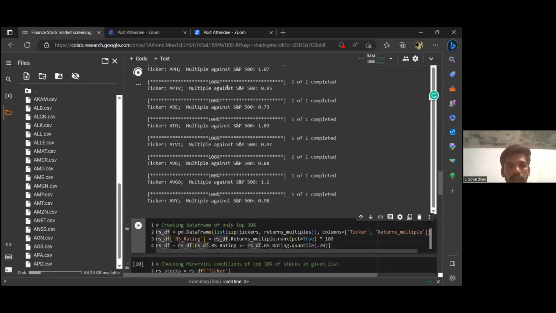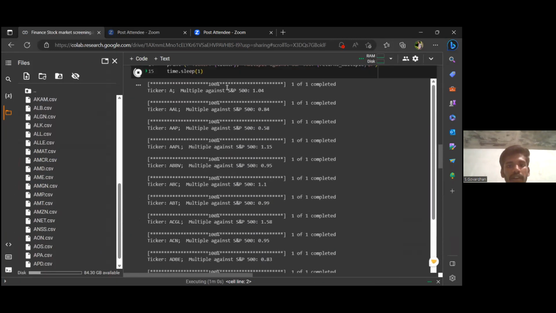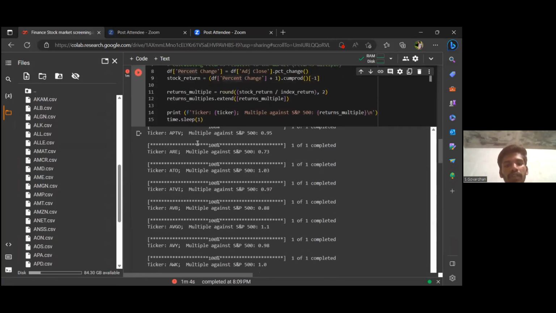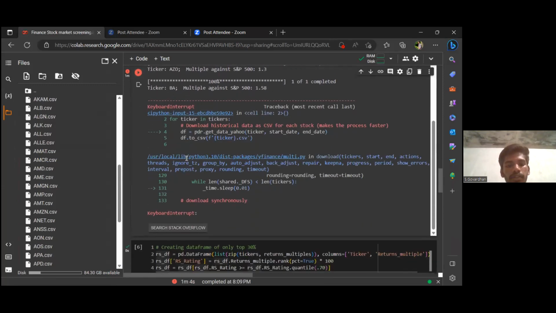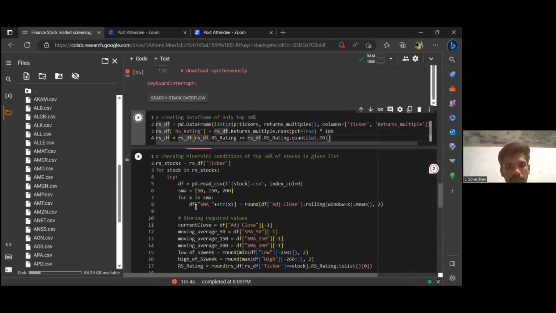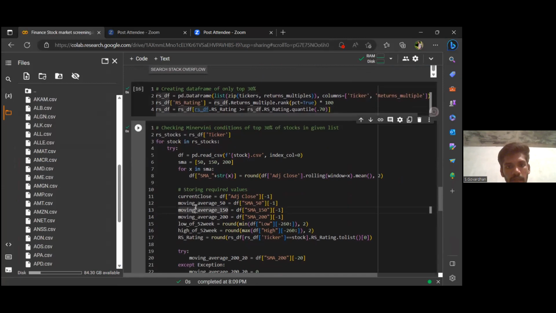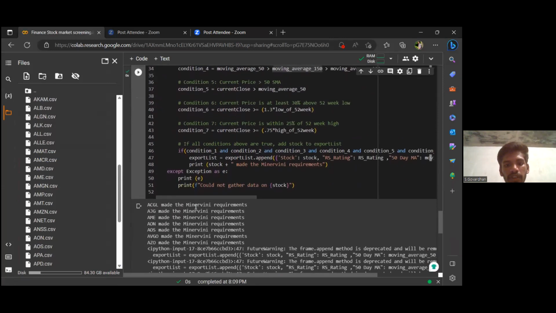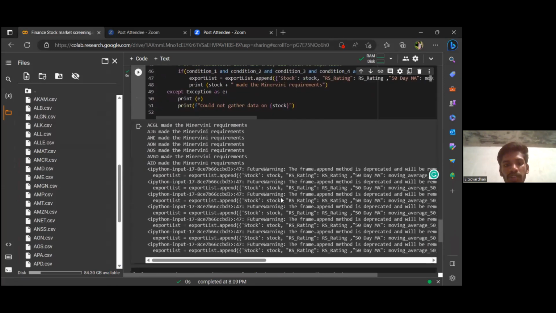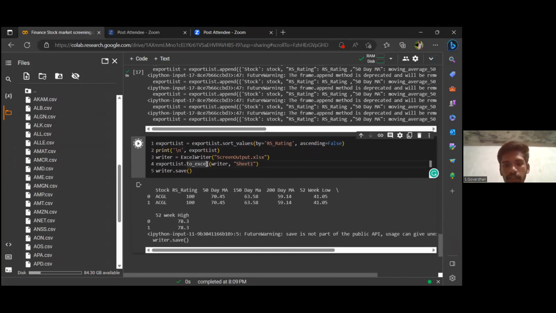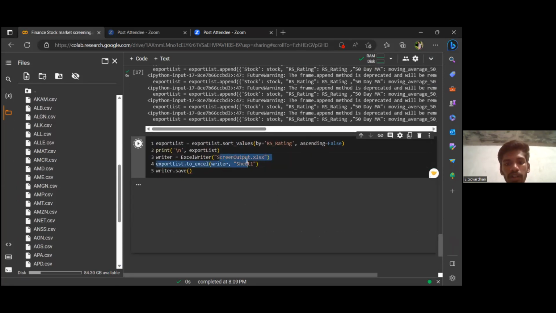After completing this, I'll run this one. First, let me stop this one. There is enough data for us, and because it will take a lot of time, I just stopped here. I created data frames and was checking these filtering options. This will be included in the output section. This is just to verify the outputs, and I'll export these sheets with the name